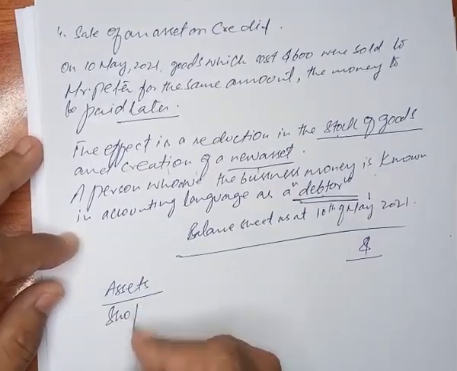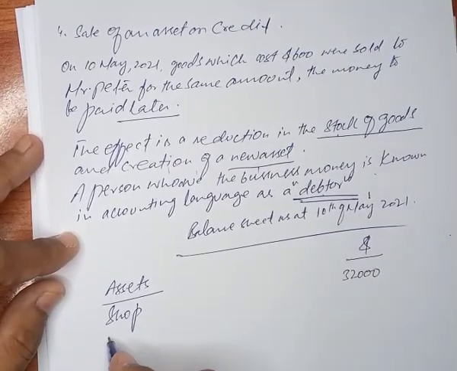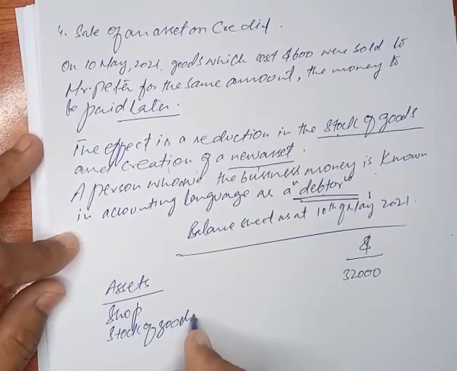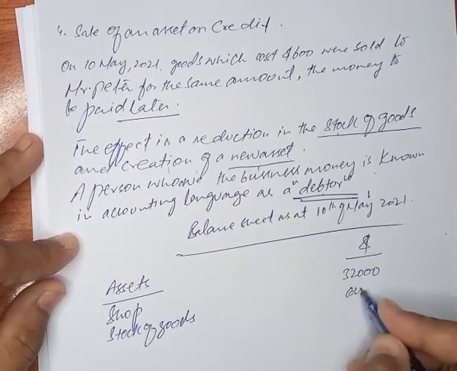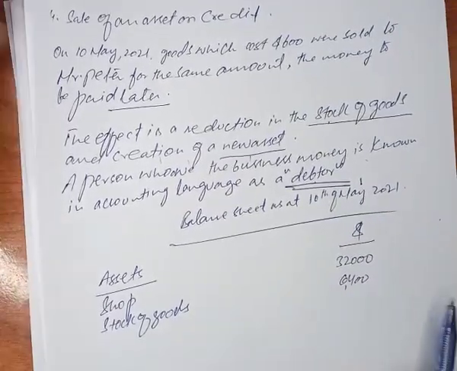Shop we purchased earlier, 32,000. Stock of goods, $6,400. Now the stock of goods is 6,400, in our previous example,